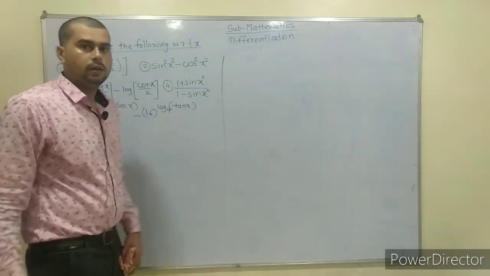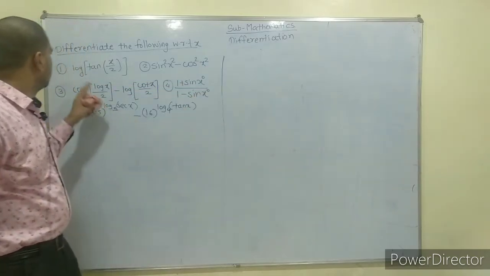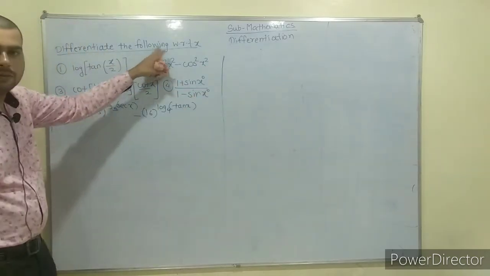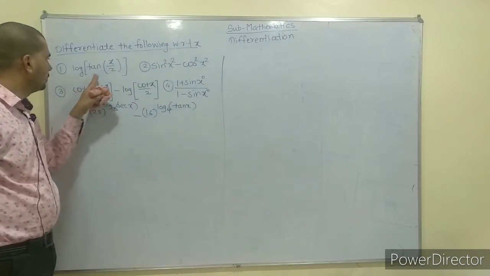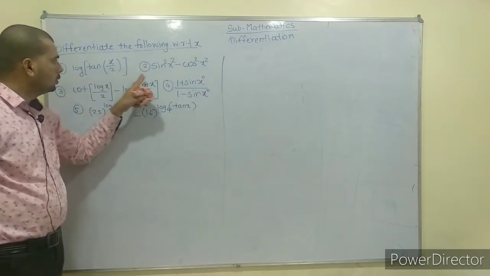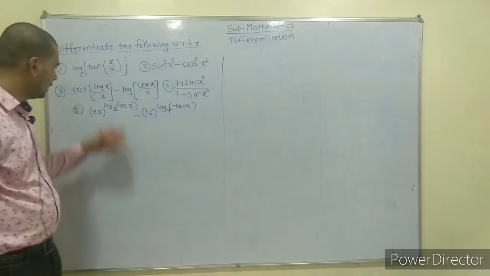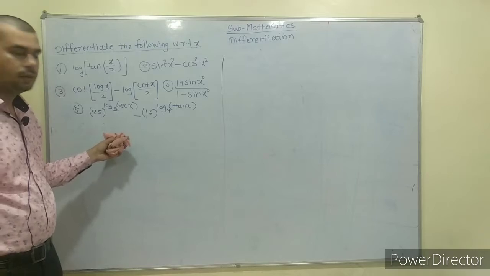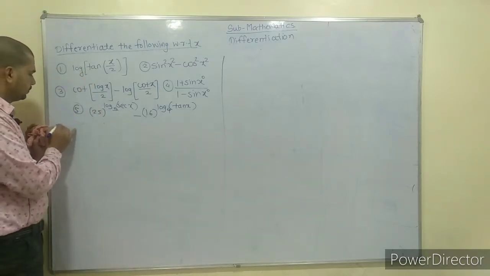Hello students, today we solve some examples in the chapter differentiation. Differentiate the following with respect to x. First one is log of tan x by 2, second is sin square x square minus cos square x square, and another three examples. First we solve the first example, that is